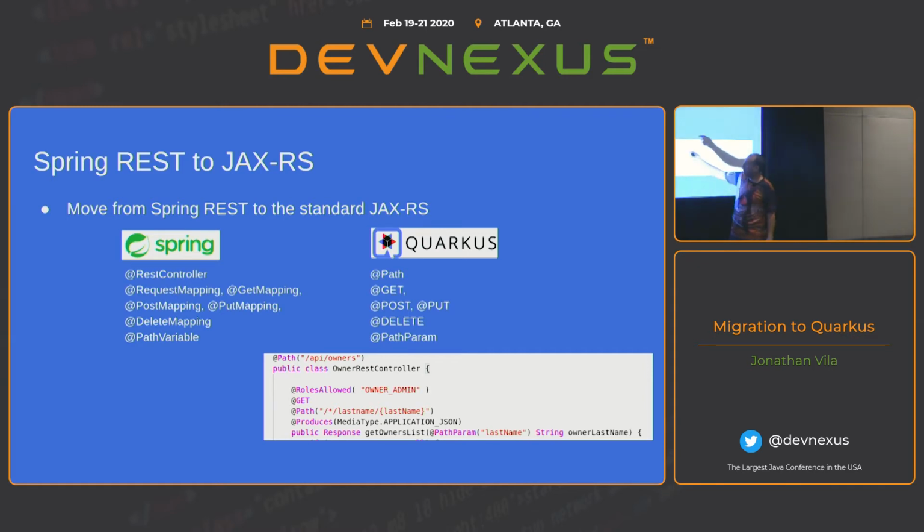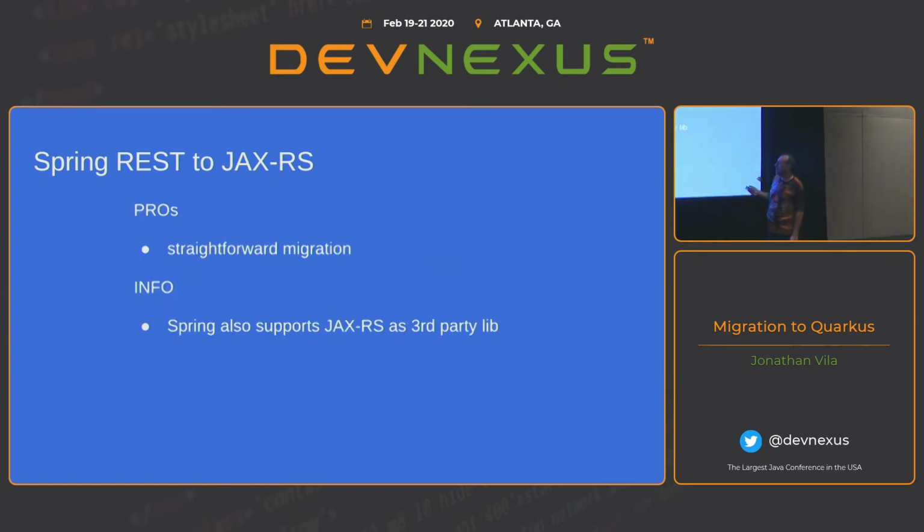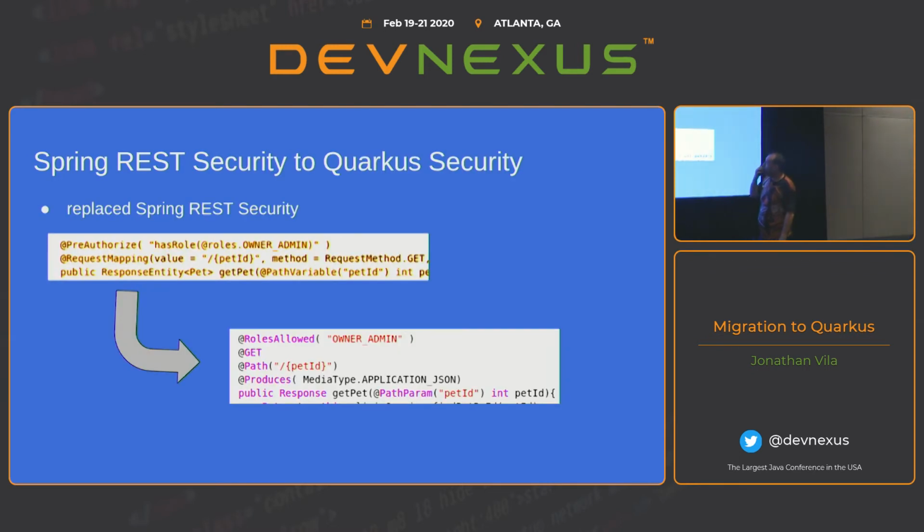In the case of request mapping, well, in the request mapping, you can have the path, the verb, and so on. You need to break it down into the, well, get, path param, whatever, yeah? Well, as an info, Spring also supports JAX-RS, so you could be using JAX-RS already. With security,